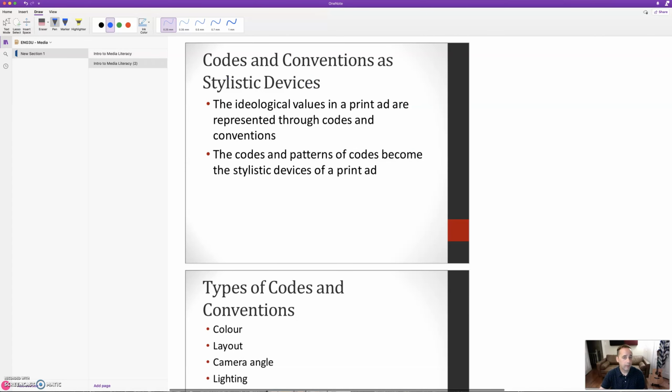Then the codes and conventions, these are the stylistic devices, okay? So we can think of this as how the ideology is communicated.